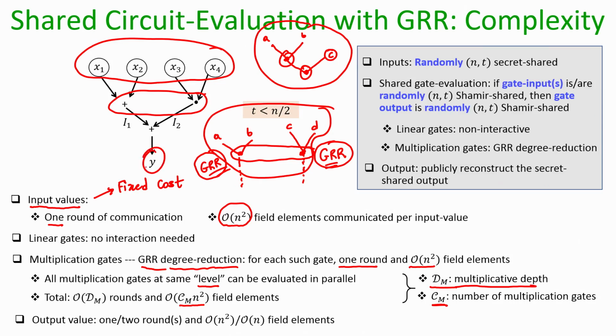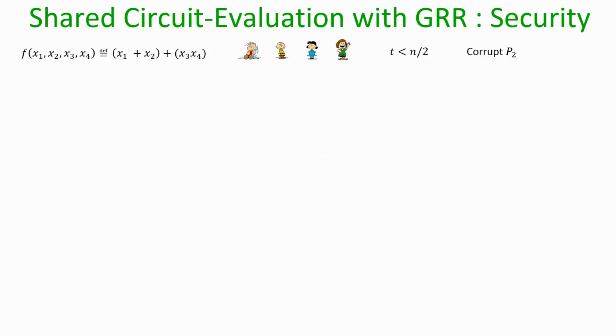Okay. And then when it comes to the output value, again that is a fixed cost, right. The parties have to publicly reconstruct the function output, and then again you have two approaches. If you want to save rounds, then ask every party to make public its respective share of y. So, that will require n square field elements communication, or if you want to save number of rounds, then let a designated party first reconstruct the function output and then send it to everyone. That will require 2 rounds and order n field elements in communication, right. So, that is the overall complexity analysis.